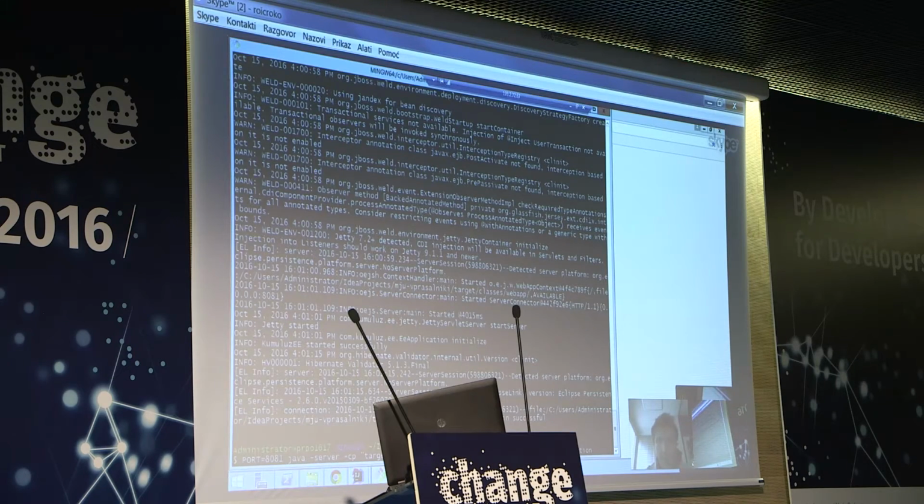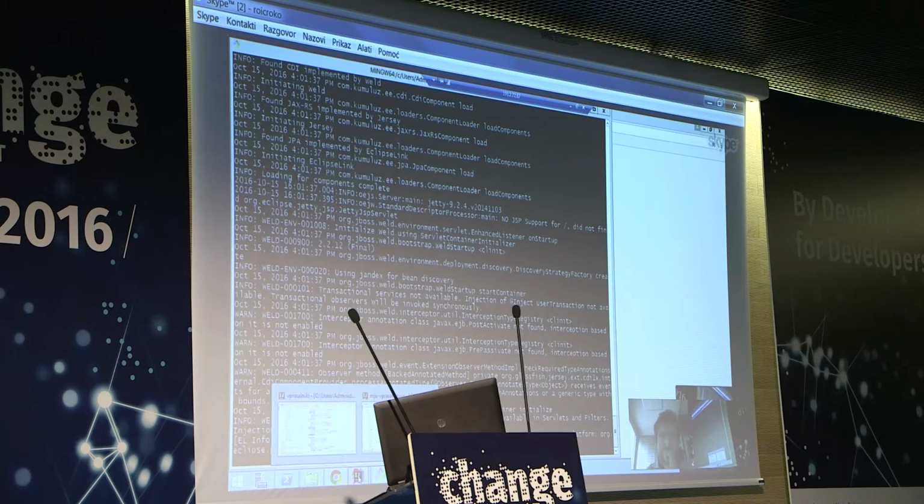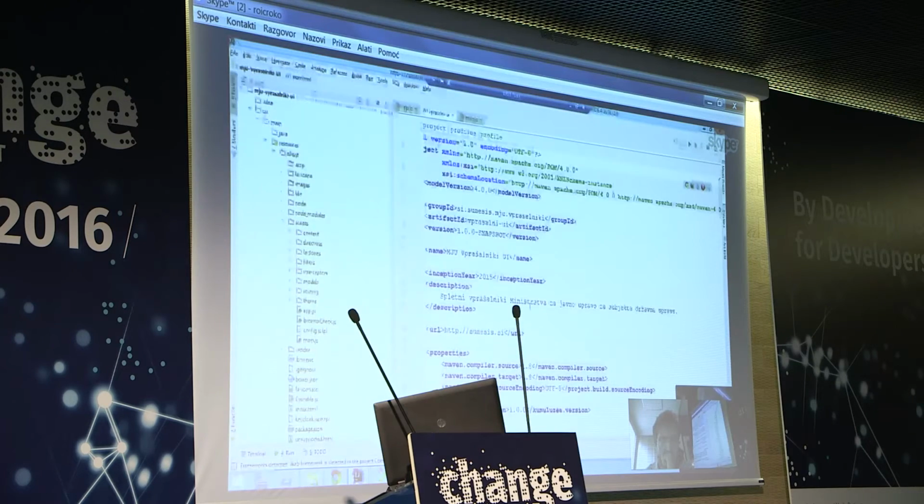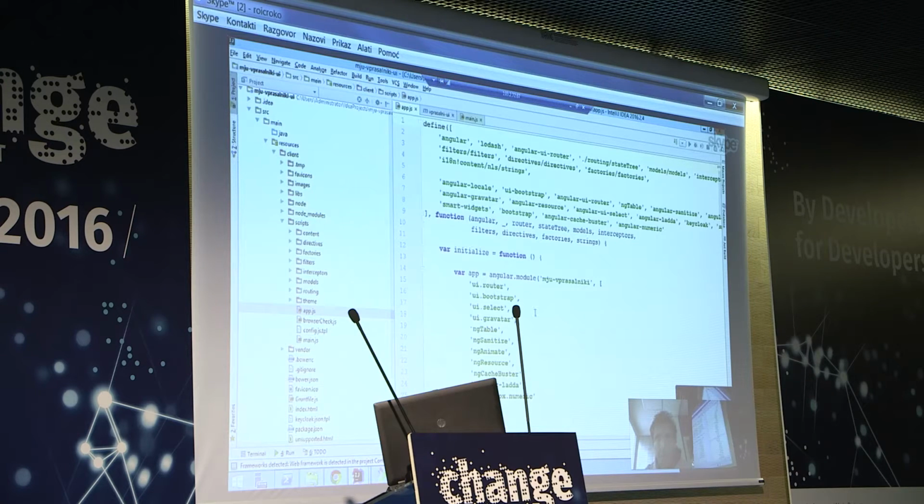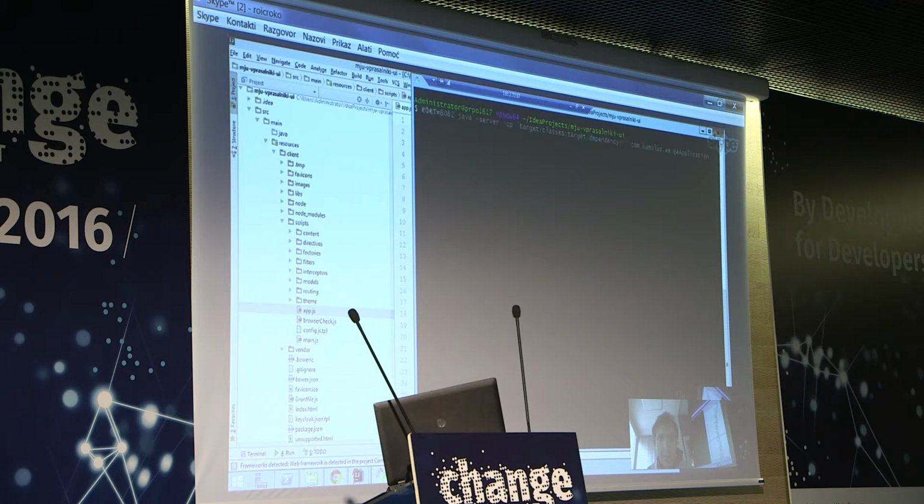I have here basically another project with the front end, which consists of the HTML Angular front end. And let me pack this front end in another microservice, which I would do basically the same way as previously.